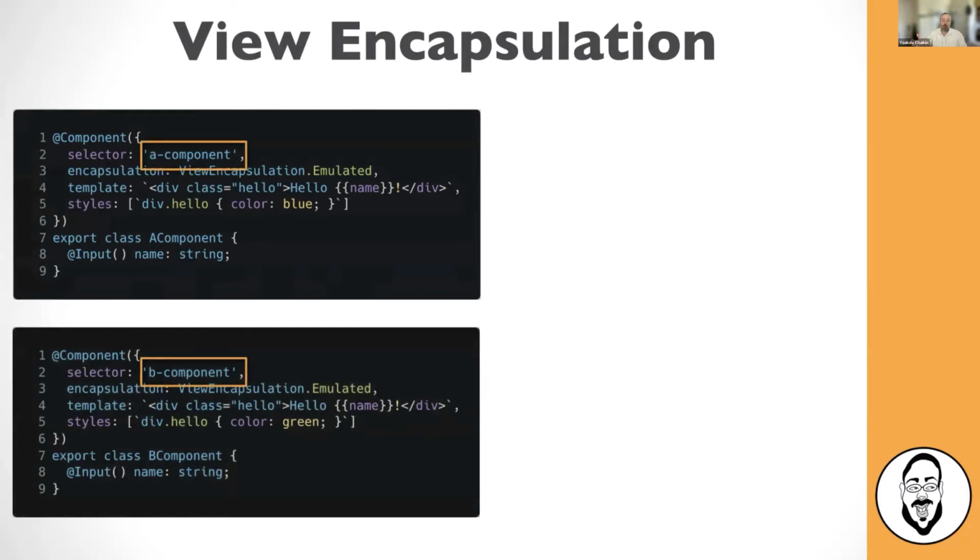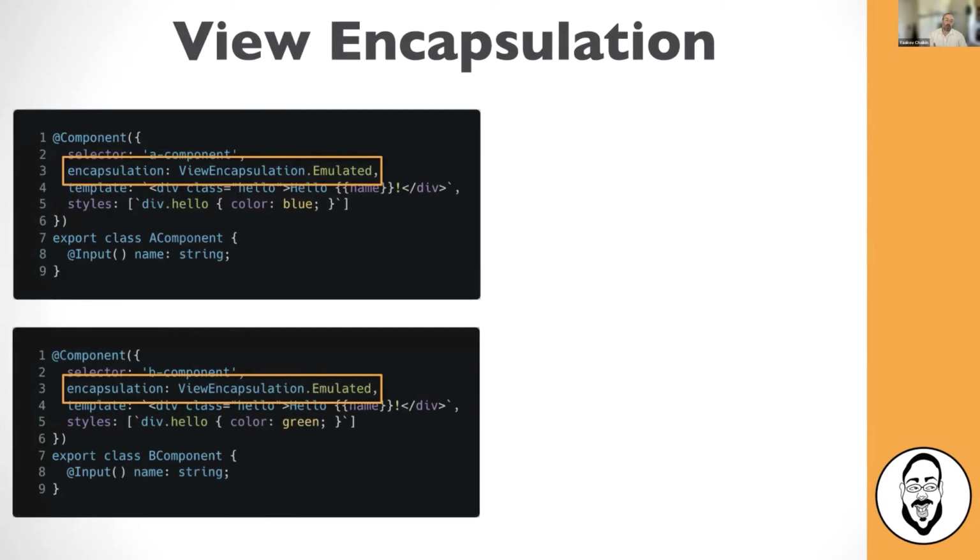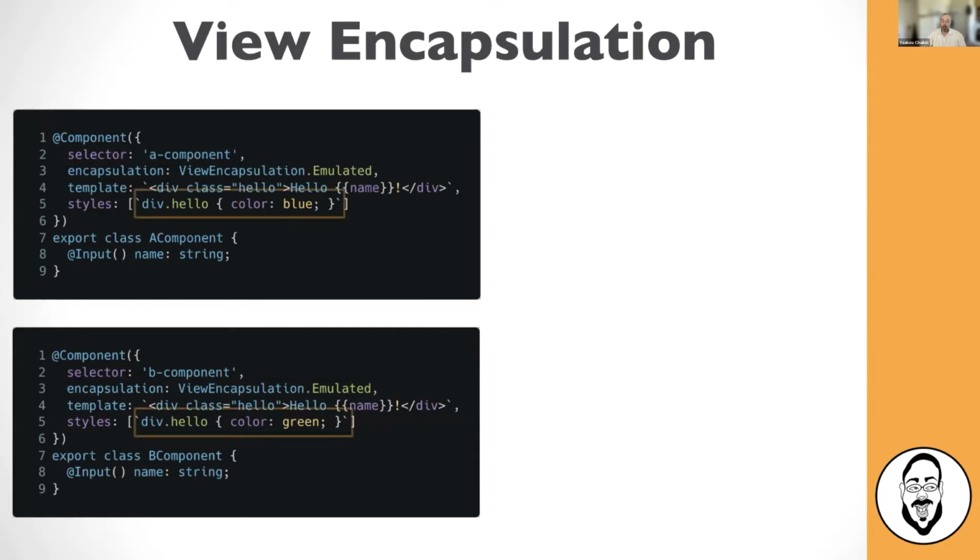For example, we have two components, component A and component B. They're pretty much the same. We're going to turn on the view encapsulation of emulated, which is just emulating the shadow DOM for our components. It's a little outside the scope to explain what that is, but the bottom line is components live, at least in an emulated view here, in their own little HTML bubbles, and they don't bleed out their styles. You can see I defined one style in one component, the hello class, with color blue, and in the other, the exact same hello class with color green.